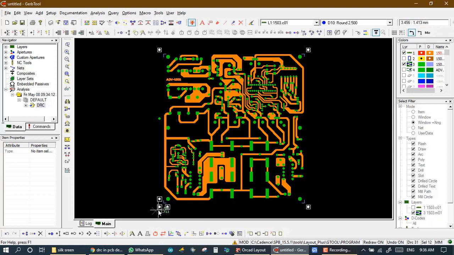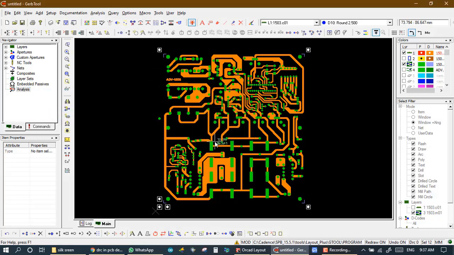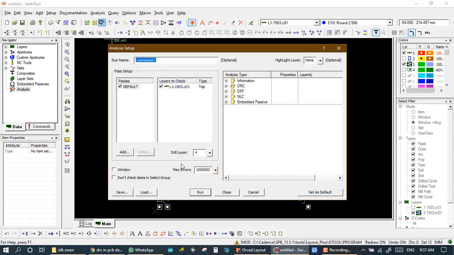If we don't need DRC there, then we make a group of this area, and after this we check DRC a fourth time. The third time we got 31 errors. Now we check the fourth time, and here we turn on don't check items in selected group.